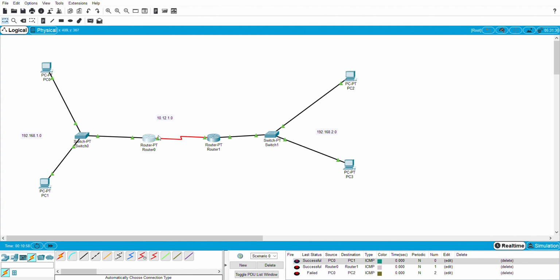Okay, we need to see the time intervals. So here we'll take say 4000 and here.